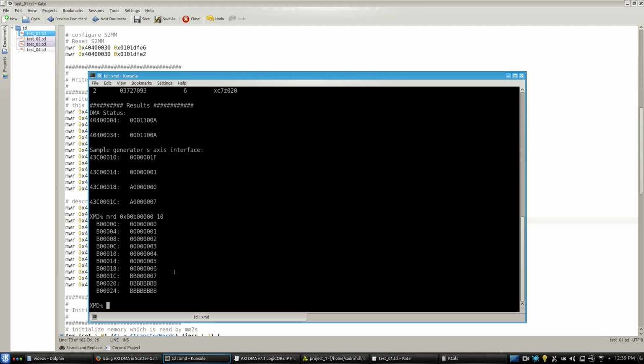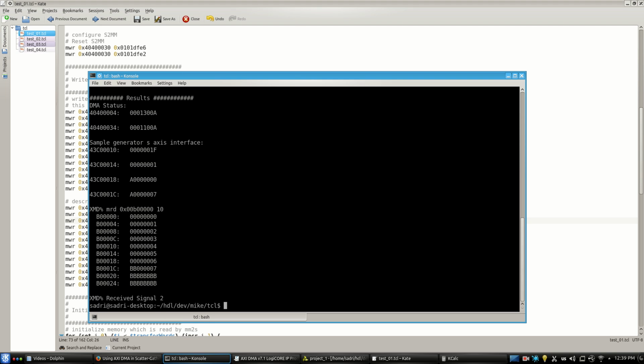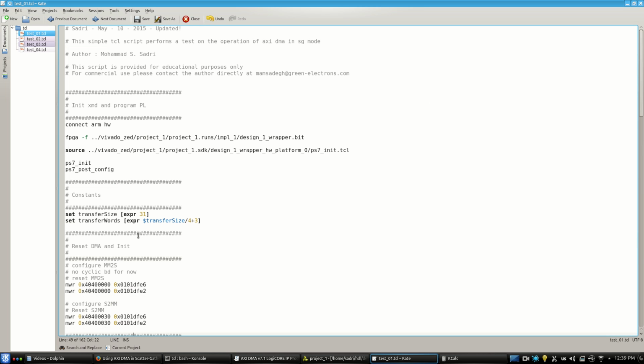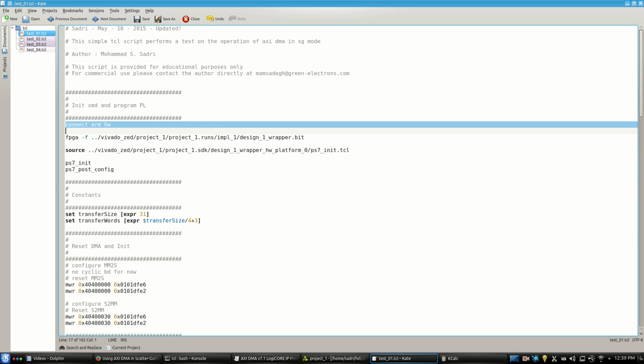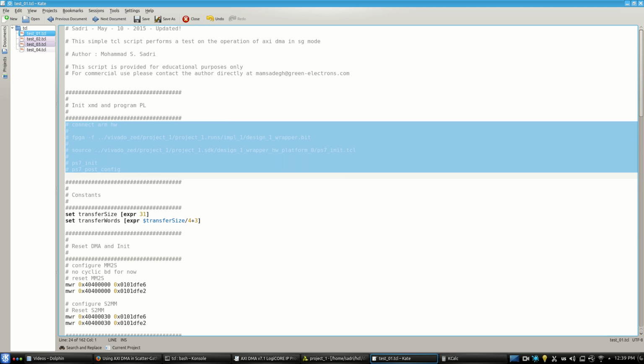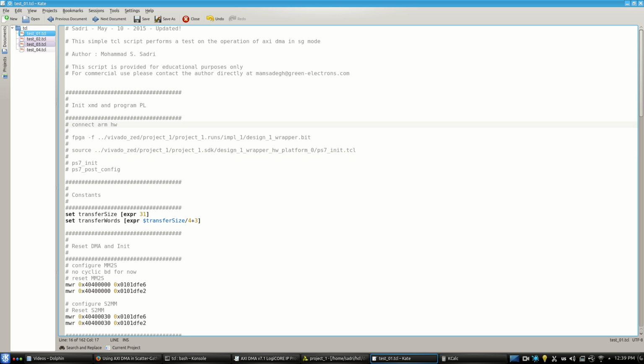Okay, now I want to repeat this test, and this time I want to look at the waveforms. So I turn off my Z board, I turn it on again, and then I enable the probes, and then I will repeat the test to see the signals. Okay, I repowered the Z board, and now in my TCL script that I have here, I comment out these lines. Why do I comment out these lines? Because I want to in fact put them manually on the XMD console. At this point here